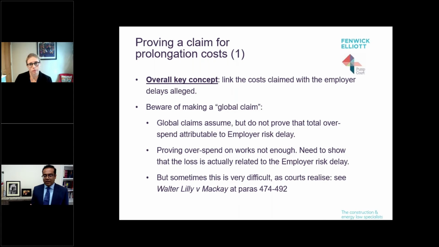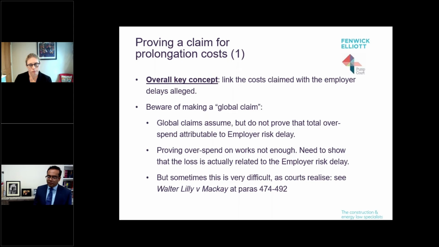And during the overspend, there was a period of employer delay. And so then they say, well, because there was a period of delay that was attributable to the employer, and I actually overspent, my prolongation costs is £30, which is the difference between what I budgeted and what I actually spent. Now that is an example of a low quality claim that I find is unlikely to be successful, because